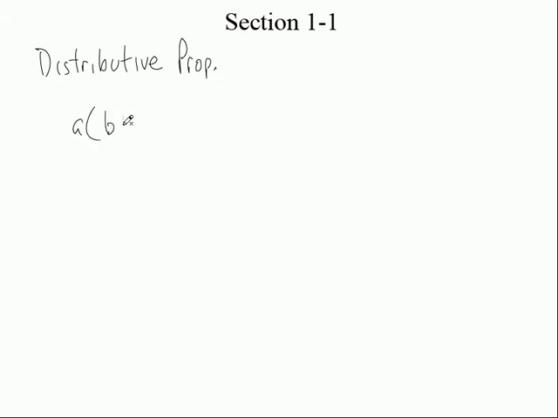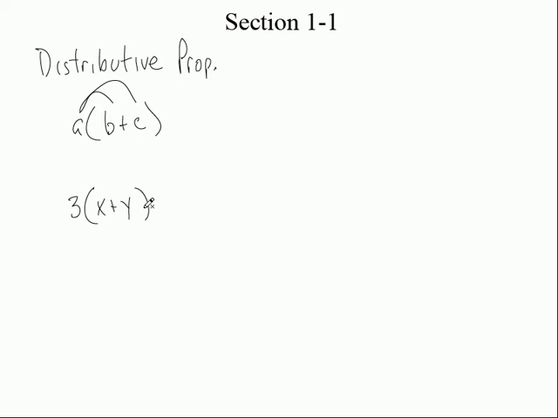So this would be an example of the distributive property. You take A and you distribute, you multiply it through both of those things inside the parentheses. You could have a whole bunch of things in the parentheses. It's not always just 2, all right, but you could have something like that. So here's an example of what they're going to do. They're going to say,